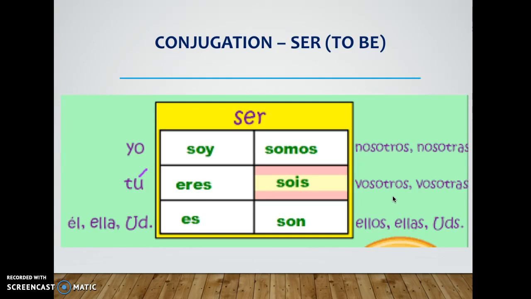Now, I'm from South Carolina, so I use y'all all the time. Y'all are all from the West Coast, not all of you, but many of you from the West Coast or the Midwest, so you might not have ever used it. The same thing applies to vosotros, vosotras. Vosotros is used only in Spain. That's why this flag is here. The sois is something you should get used to if you ever want to travel to Spain and use Spanish in Spain. However, if you are primarily interested in Latin America, you will never need to know it. Okay? Ellos, they, ellas, they, ustedes, you all, y'all, formal. Okay? Son.